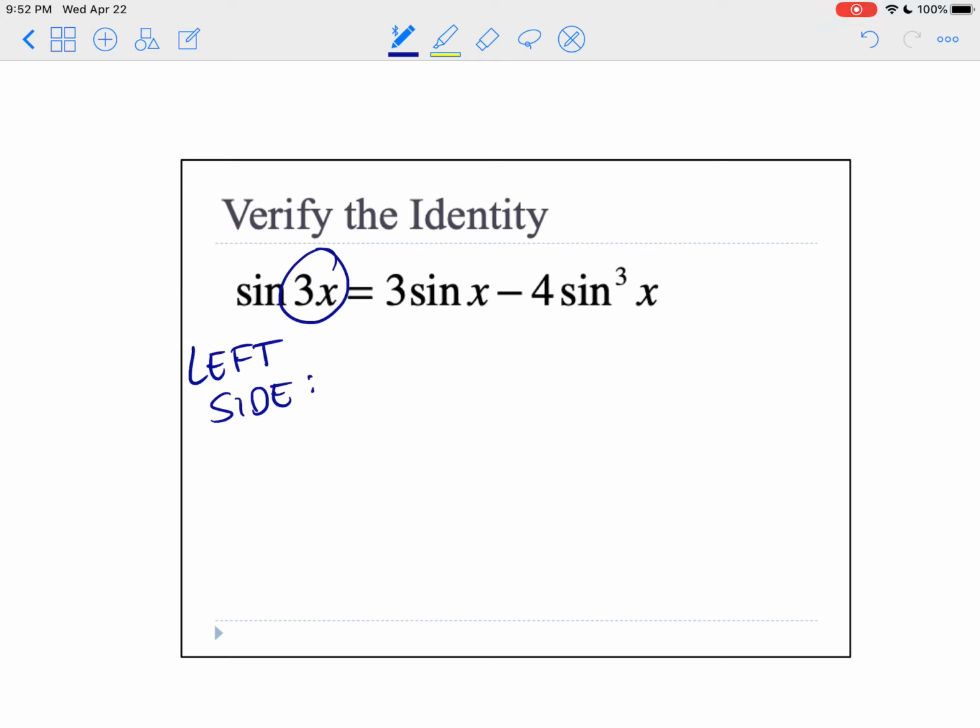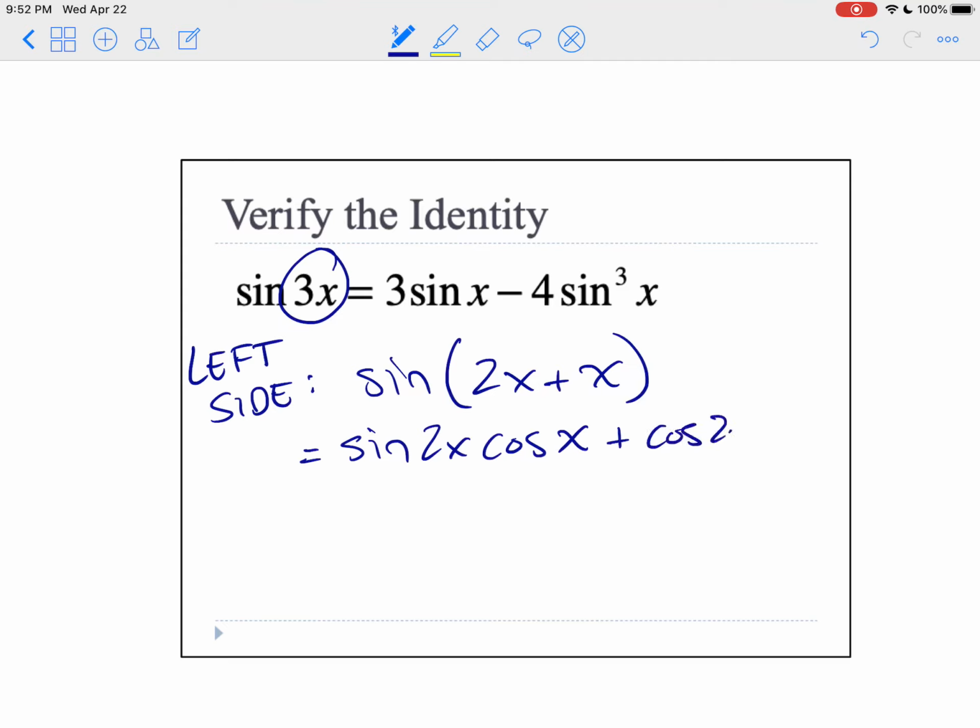So I'm going to start on the left side. And I'm going to use the double angle formula, and I'm going to use it sort of sneakily here because I'm going to also use the sum formula for sine. So sine of 3x I'm going to write as 2x plus x. And so I can use the sum formula for sine, and the sum formula for sine is sine of 2x cosine x plus cosine 2x sine of x. And now I can use the double angle formula here, and I can use the double angle formula here. And so the double angle formula for sine is 2 sine x cosine x times another cosine x,